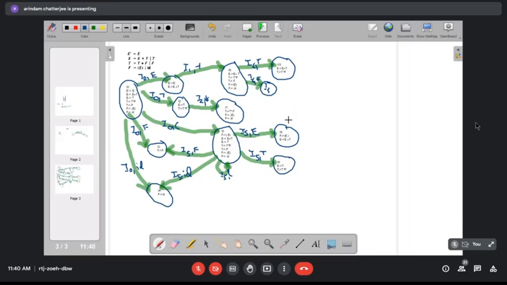Similarly, for the item E producing dot open parenthesis E close parenthesis, it should be I5 again. So this will go to here.